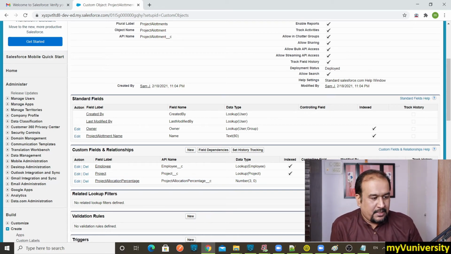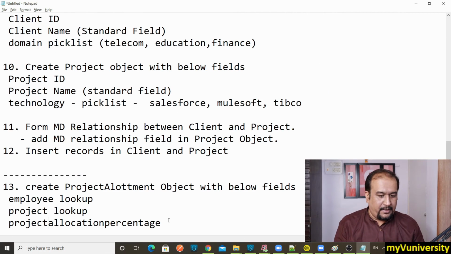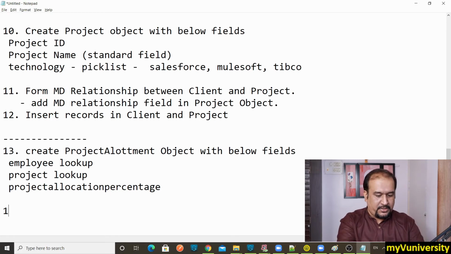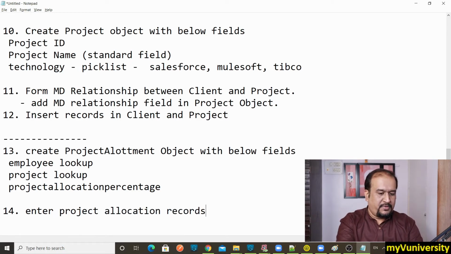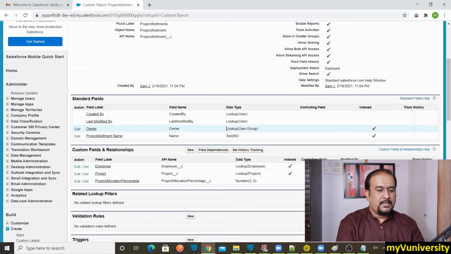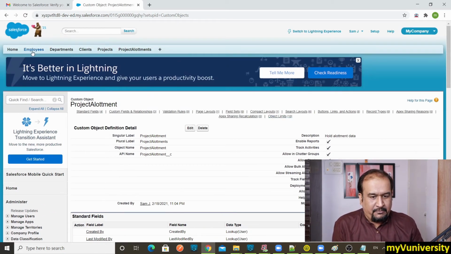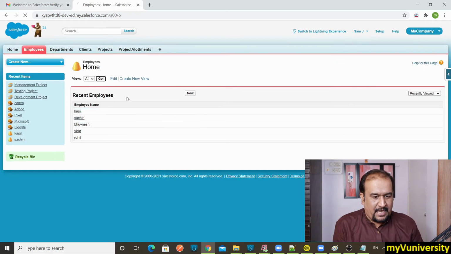Leave it, no worries. So now enter the project allocation records, which will complete our whole thing. Which are the project allocation records? Let's see which employees I have. Let me take a snapshot of that.